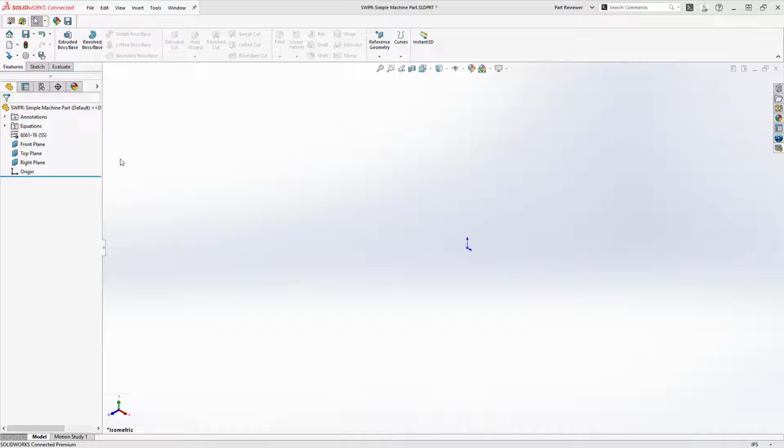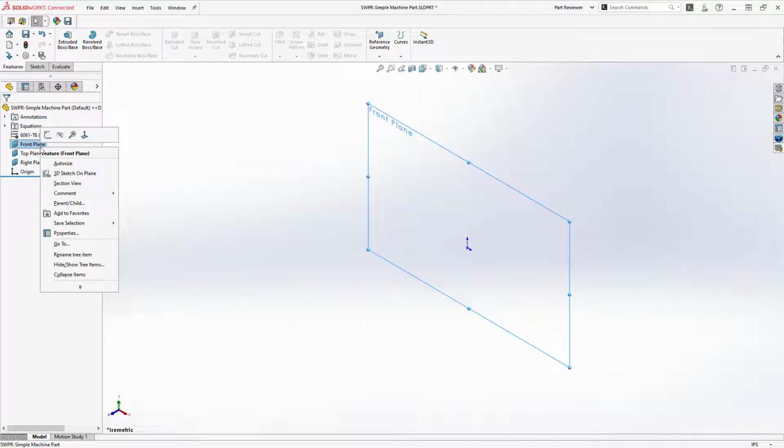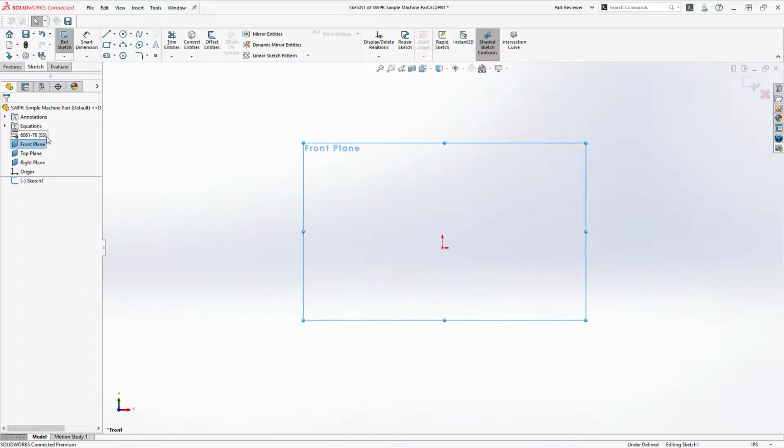Because this part is symmetrical about the vertical axis, I'll use mirroring of features and sketches a lot. The first sketch will be on the front plane and will be for the part base profile feature. I'll right-click, select Sketch, and I'll use my S key to call up my commonly used commands